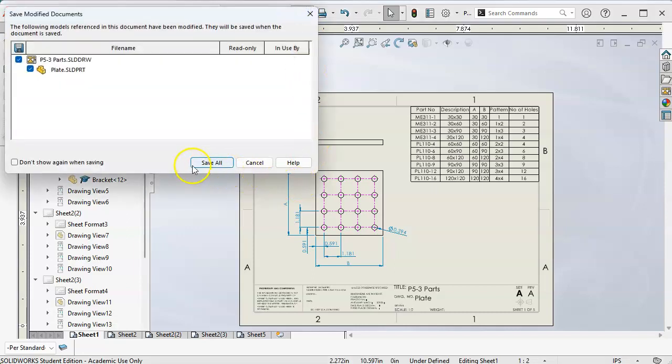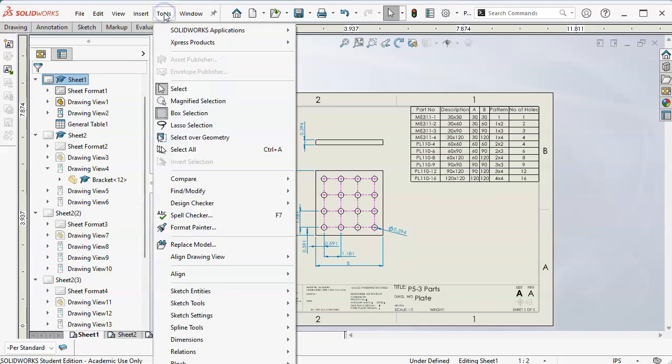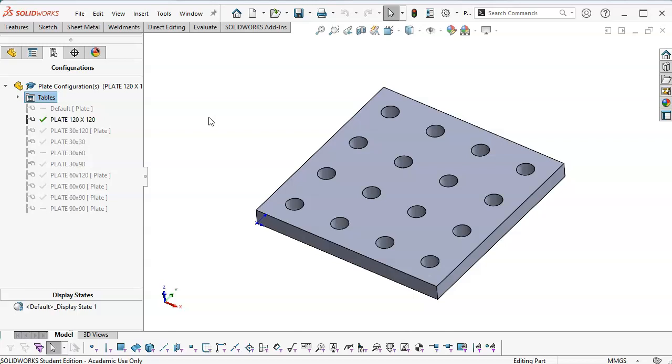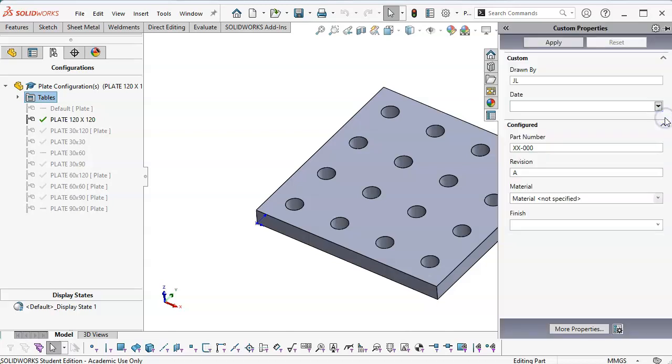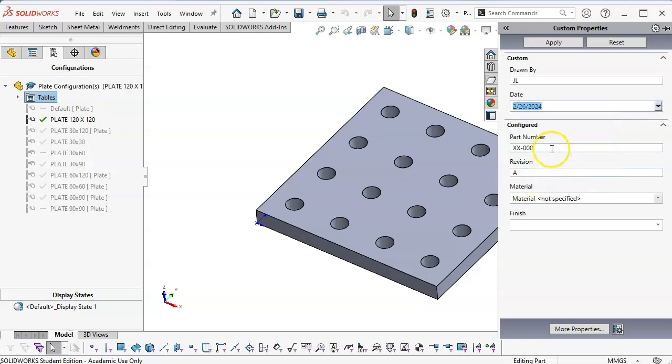So I'm going to save that one out. And let's go back and add to our group. Let's go to Window and into the plate. Now, if we're doing these individually, all we have is the default. We're going to go into the configure to the custom properties, and then we'll worry about configuring them. So we'll follow the same number. So this was the PL